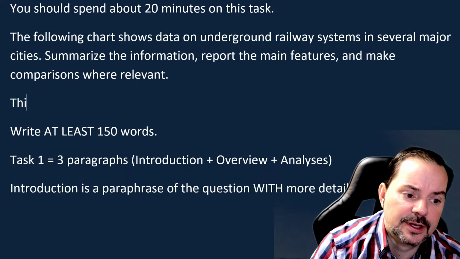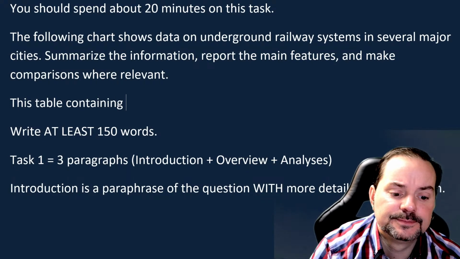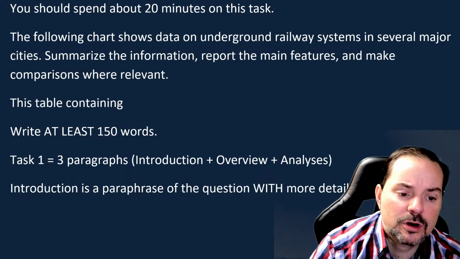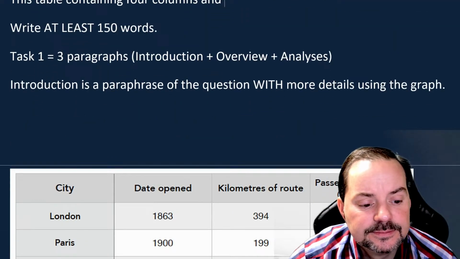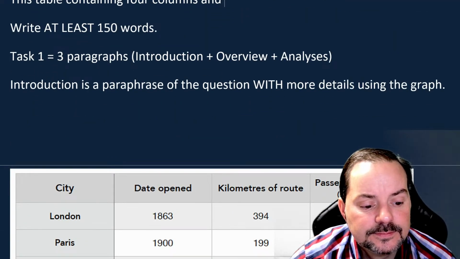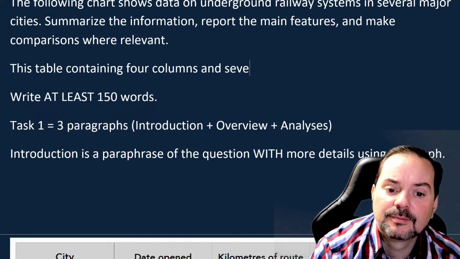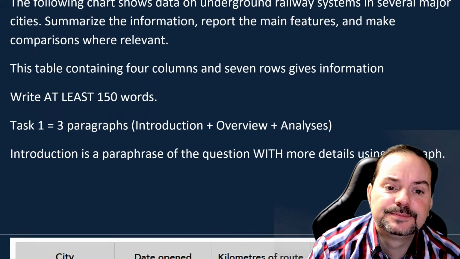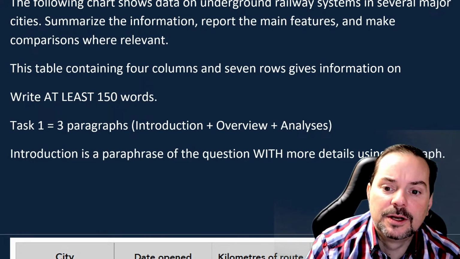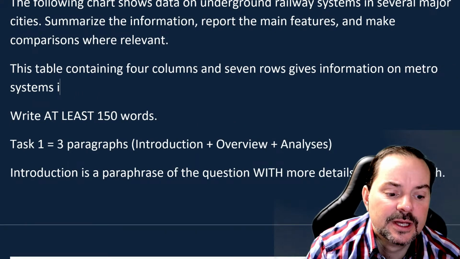So this table containing 4 columns and 7 rows gives information on metro systems in